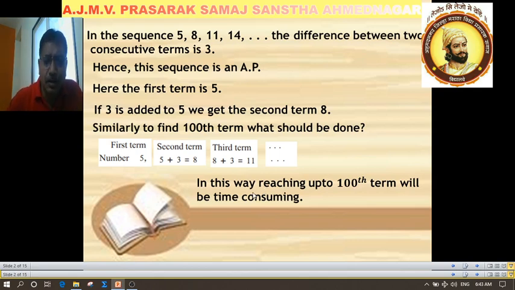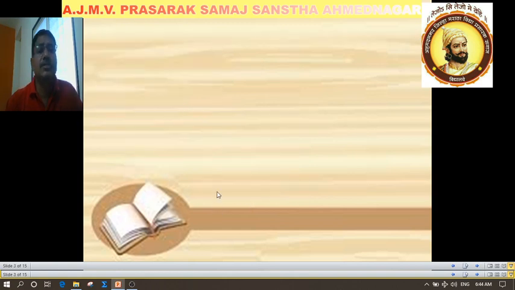So is there we can obtain any formula for finding 100th term or 200th term or 50th term? So yes, we can obtain a formula for finding nth term. So for that purpose, consider the